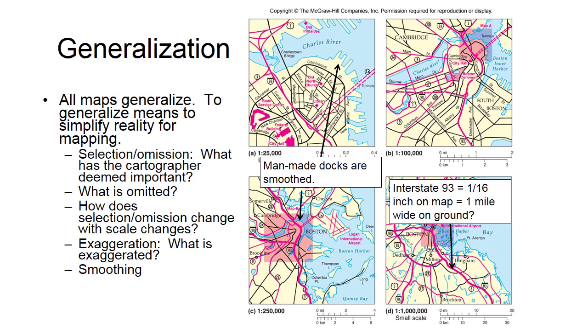Now, before there was GIS, generalization was accomplished by the cartographer who, as he drew the map, would smooth, exaggerate, and select using pen and paper. But in a GIS world, generalization depends on the scale needed for a particular project. GIS data is created with different amounts of generalization depending on the scale it's needed for. For example, GIS data created at a scale like 1 to 1 million will be more generalized than data created for larger scales like 1 to 25,000. GIS data therefore is created at different scales and with varying